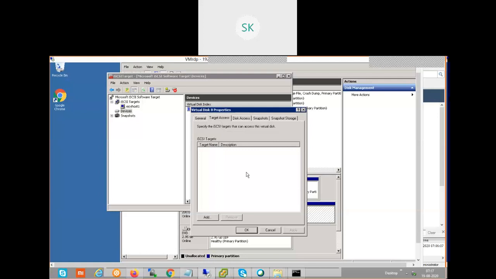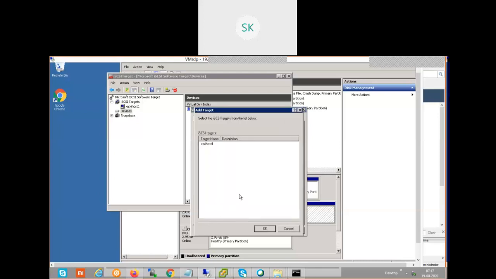Previously, I haven't added anything. Now I'm going to add the targets already created. I'm going to choose that target name here. Click add. Whatever disk I'm going to assign, in a SAN storage environment they also create mapping and zoning. They call it SCSI terminologies, SAN storage terminologies. So the same idea is going to come over here.